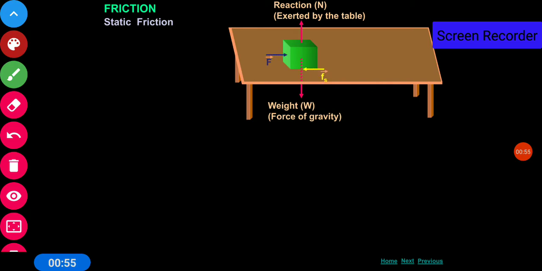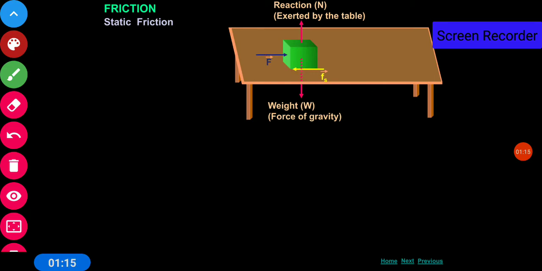But as we apply force F on it, there will be a force of friction Fs which is acting in the opposite direction, and because of this static friction the object will not start to